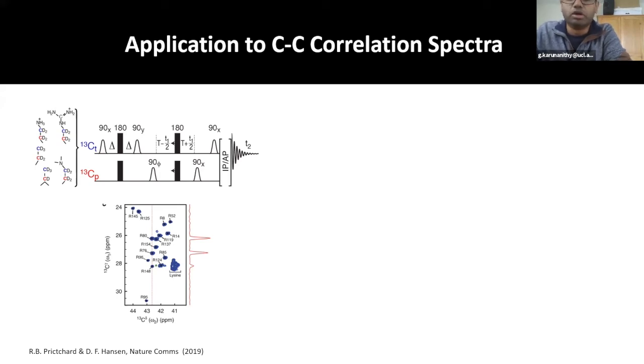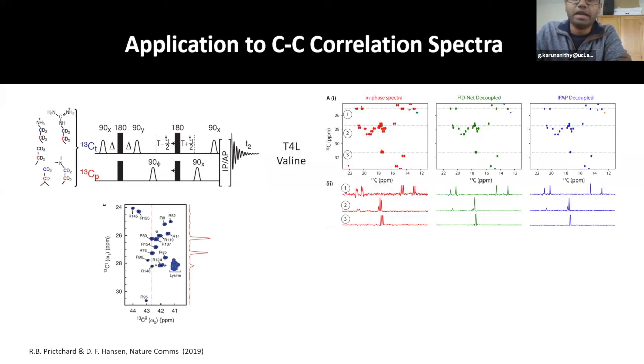Usually you would resolve the homonuclear coupling by doing an IPAP. But we've been able to train the deep neural network to do this on purely the in-phase spectrum,